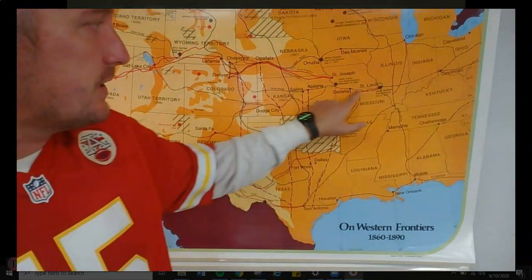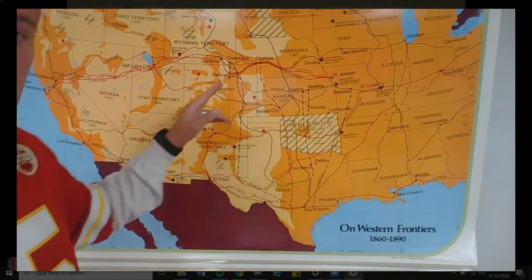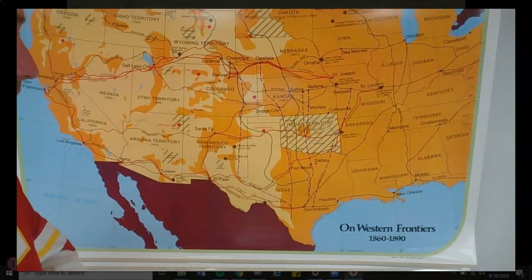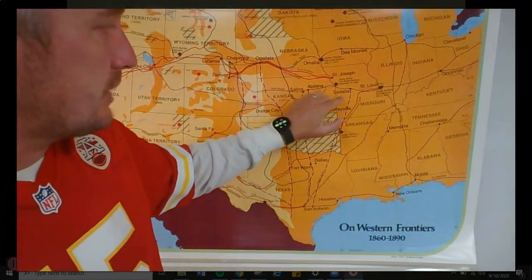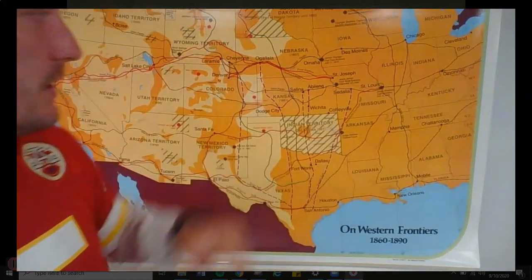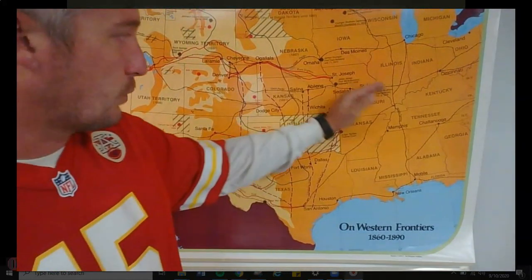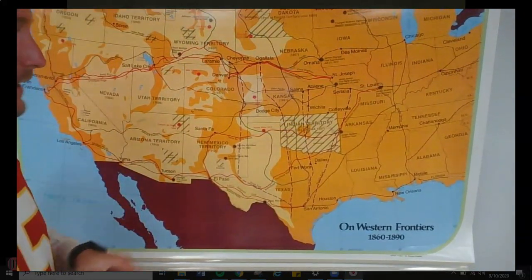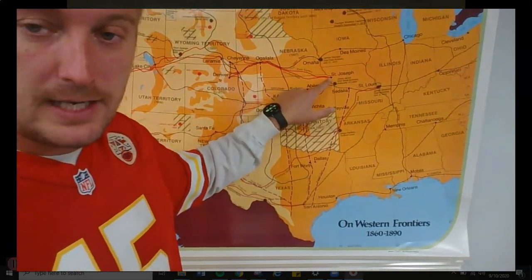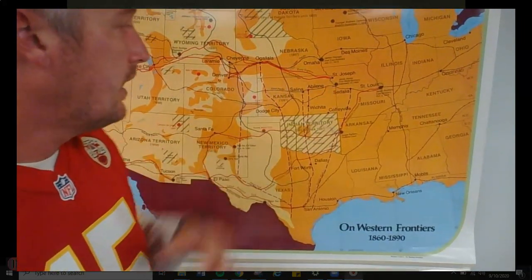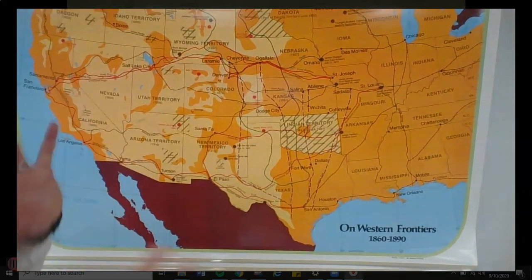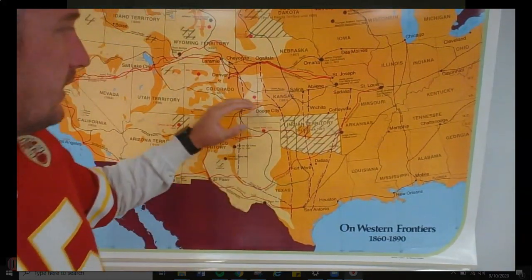The railroad, you can see that it cut right through here, really followed what Interstate 70 follows today. But you'll notice that it cuts right through our home area, Kansas City. The railroad went right through that. In fact, it's one reason that, in this time period, St. Joseph actually had a larger population than Kansas City. But the railroad is partly what saved it. Also, some bridges that got put in, but I'm getting ahead of myself here.